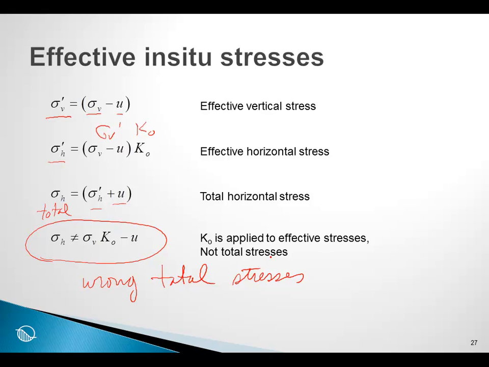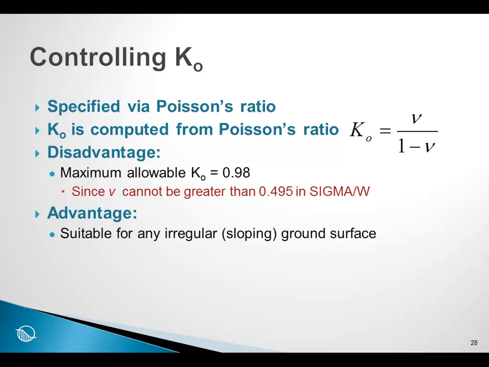This results particularly in the wrong horizontal stress. We cannot do this, and so we have to go through this procedure here in order to get at the correct horizontal stress. So as I've already noted, we can control the horizontal stress by either specifying a Poisson's ratio,